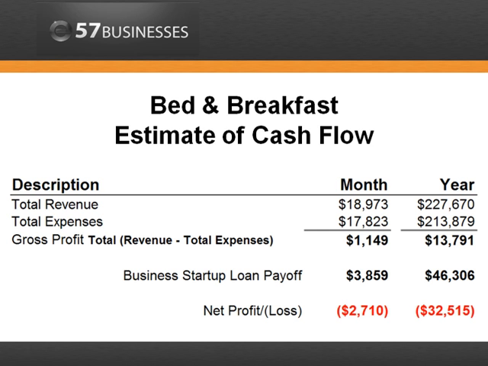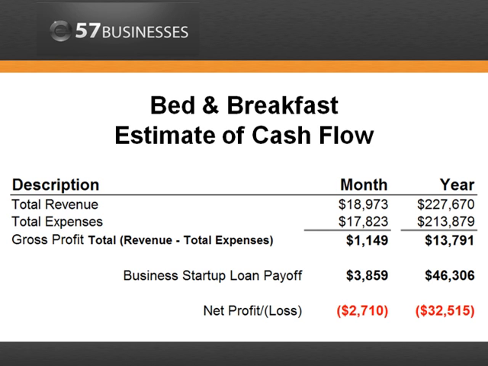Okay, now that we've accounted for all of the revenue and all of the expenses and the additional factors that my friends brought to the equation, the fact that they were going to have to take a business loan out and they were going to have to finance the bed and breakfast business and facility itself, all included in the total expenses now and broken down by month and year. Look at these numbers. Total revenue, $18,973 per month. Total expenses, $17,823, for a gross profit of